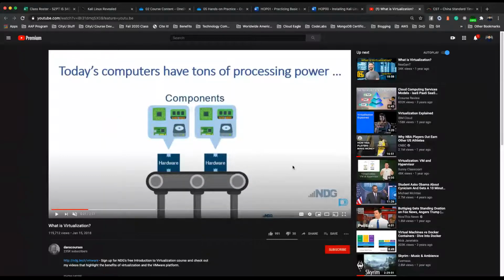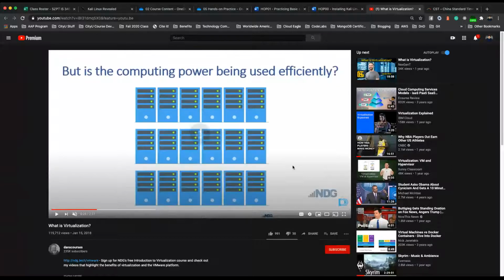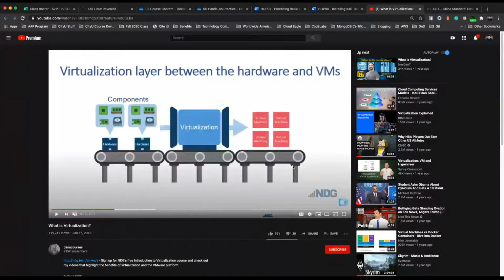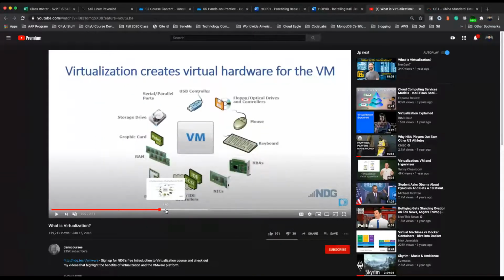Nowadays, our hardware has a lot of processing power because it's very cheap. So instead of having one powerful computer that no one else is using, we can use virtualization to maximize it and let other users and machines use it, right?